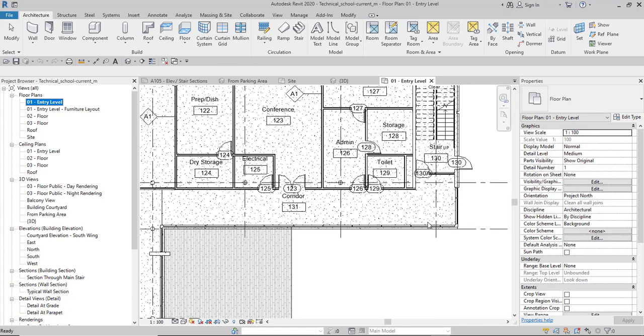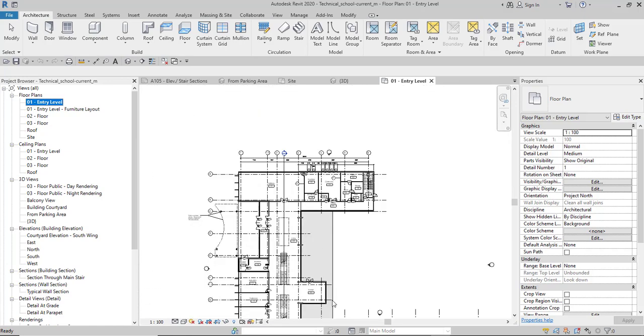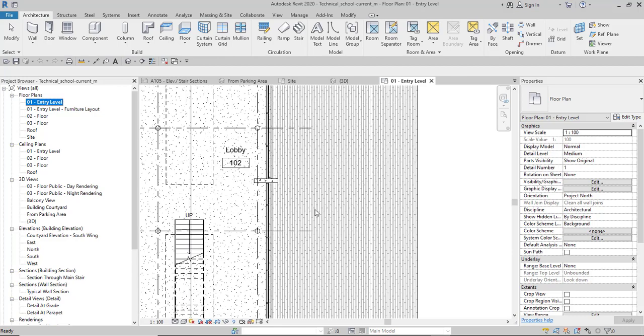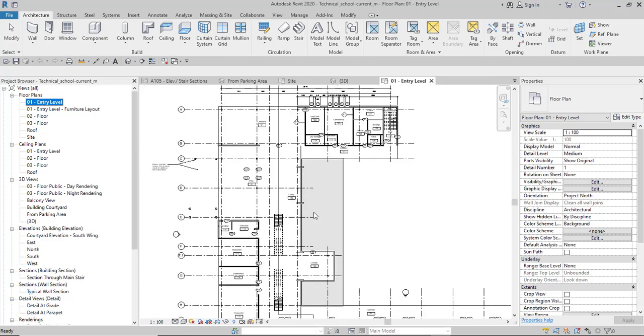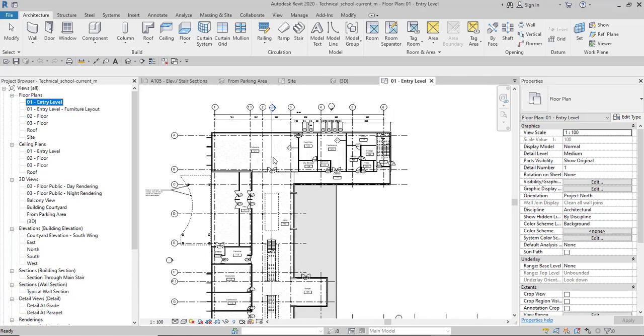There's a slab here which has been given a texture on the surface. There's another slab here with a different texture on the surface also. So the texture on this slab surface is different from the texture on this exterior slab surface. If you zoom in, you can select any item that you want and then observe the properties associated